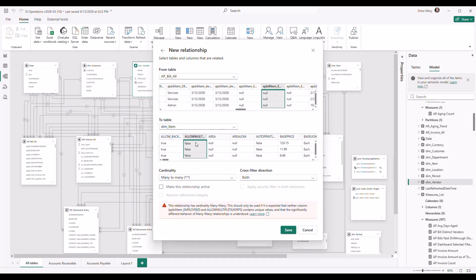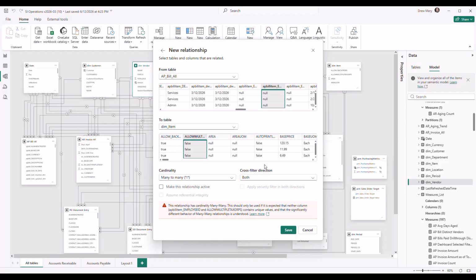I selected those. That relationship is established. And then it would be many to one. So I clicked on columns that have multiple instances, which is why it says many to many. And then you can choose your directionality. Do you want single or both? Both means that,